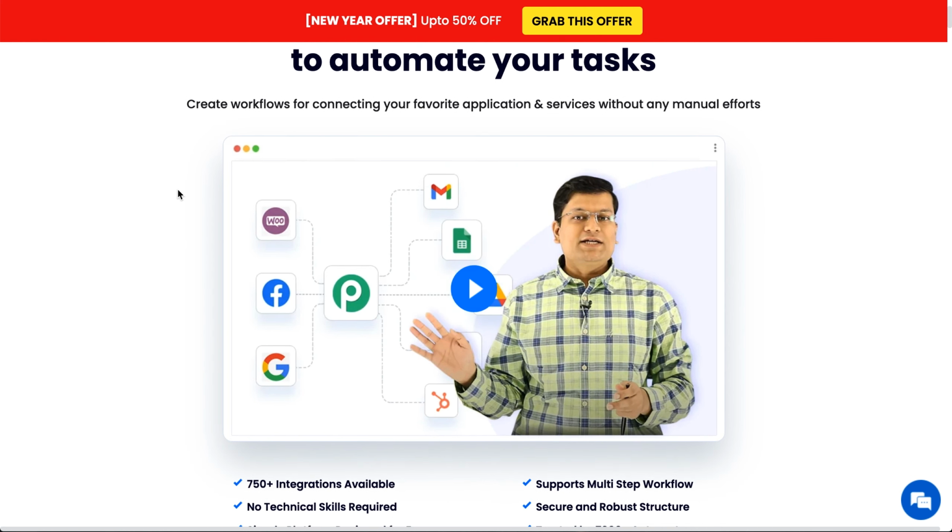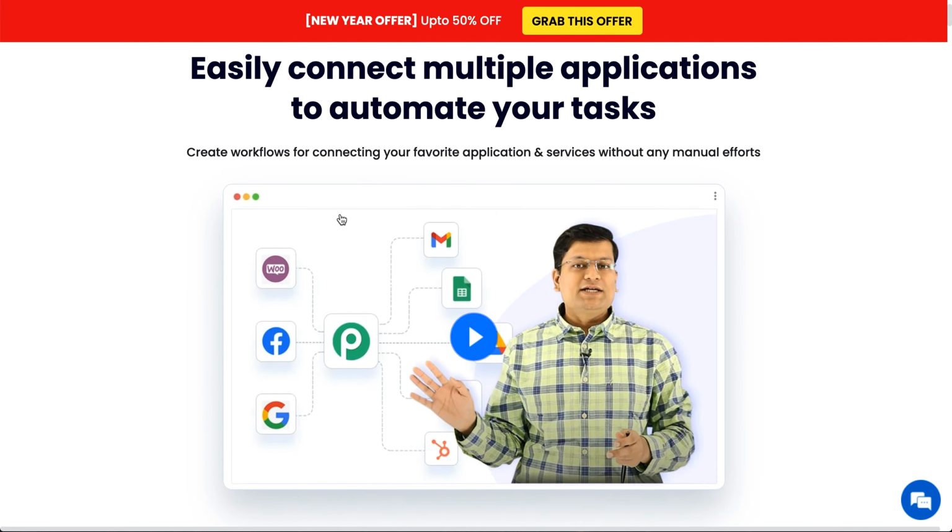What that means is, let's say you have a Gmail account, and every time someone responds to you, you want to send that to Google Sheets for whatever reason. They don't have that built into Google, so you need something like Pabbly Connect to get in the middle of it. Or if you're running Facebook lead ads, and you want to put that in a Google Sheet, or send an email to them automatically, Pabbly Connect can do that. So can Zapier, however you want to say it. But Pabbly Connect is much more affordable. I'll get to that in a minute.